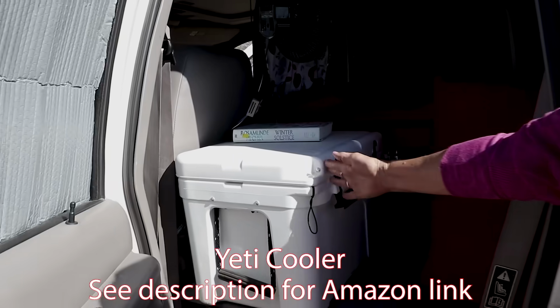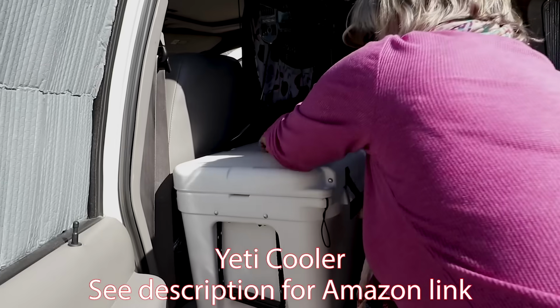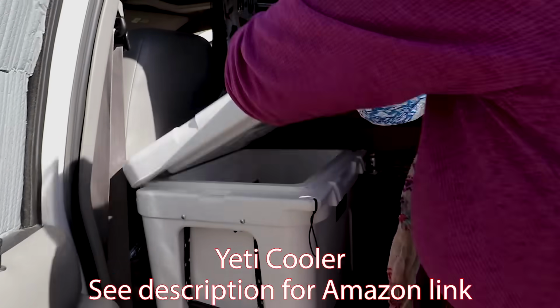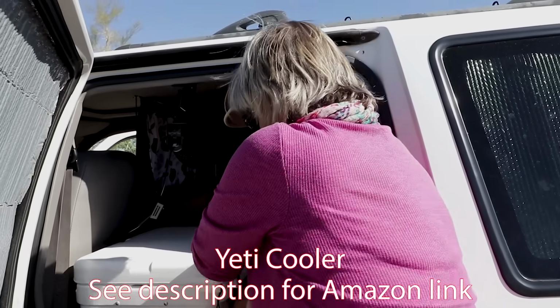My best and most favorite investment is the Yeti cooler. Right. I have had ice in there for 7 days. So you bought this bag of ice a week ago. Correct. And you still have ice. That is really something, because it is getting up into the 70s during the day. It was a $300 investment,